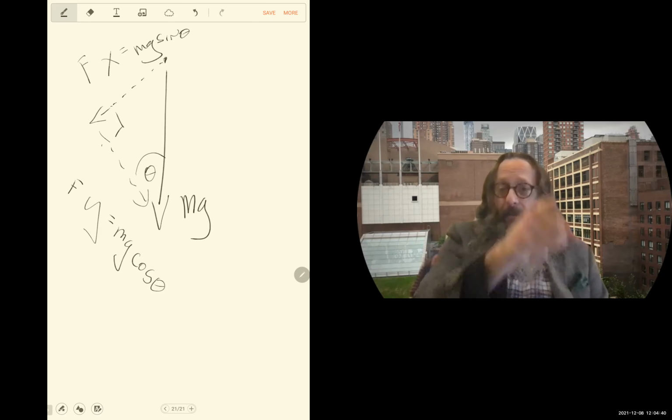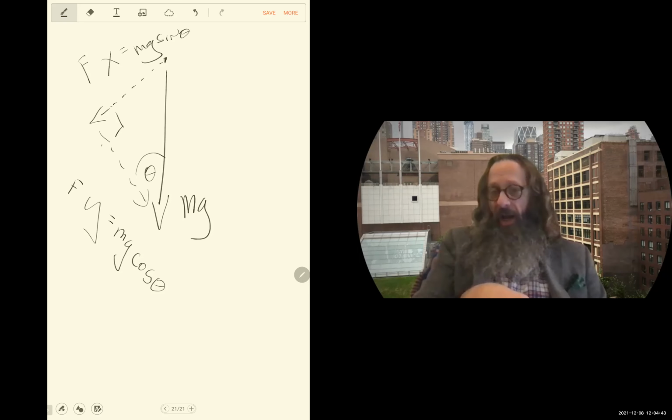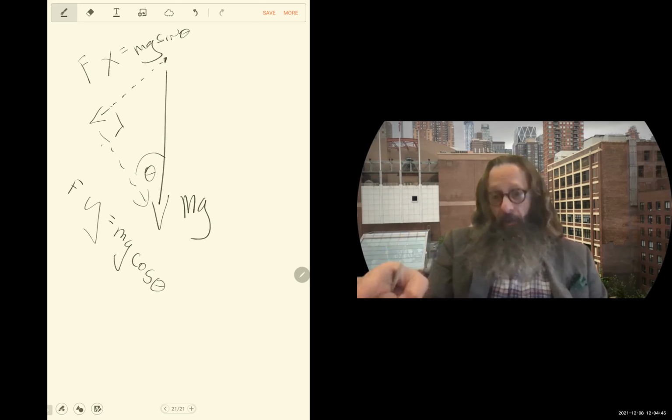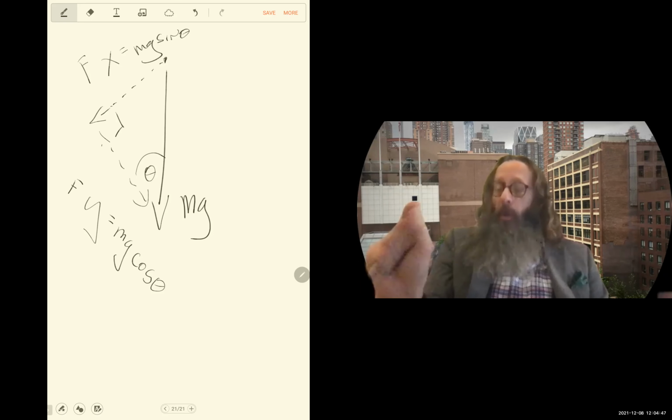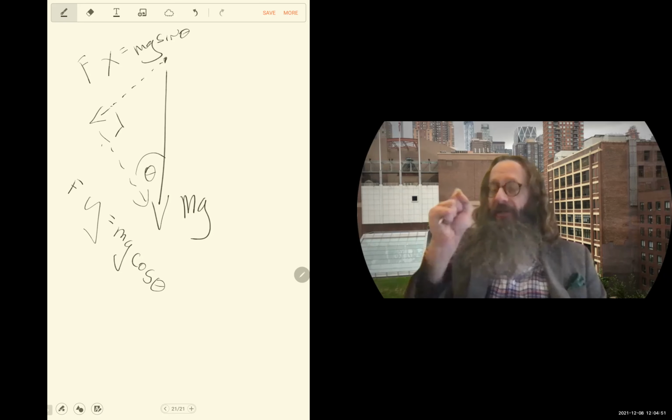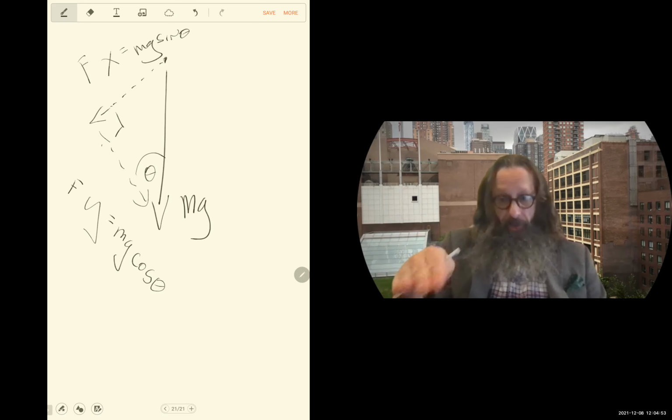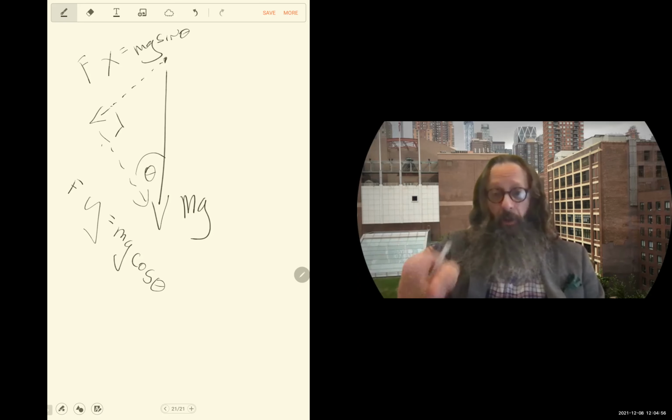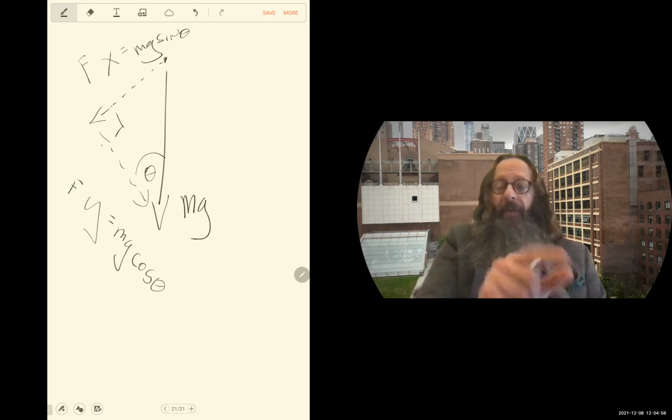One fast thing I could say about the hardest part about this is how do you know which one is sine and which one's cosine? One thing I can say right now to help is remember always that sine of 0 is 0. Cosine of 0 is not. Cosine of 0 is 1, right? But sine of 0 is 0. And the bigger the angle, the bigger the sine.